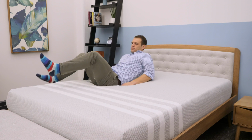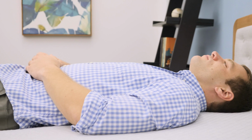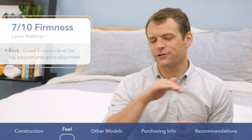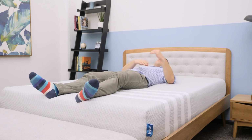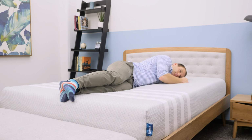Now for the Leesa, I give it a 7 out of 10 on the firmness scale, so that's just a hair to the firmer side. I think it does a really good job of keeping your hips from sinking too far into the mattress, aligning your spine while you're on your back. It's going to have good mobility thanks to that LSA 200 foam. You're able to change positions really easily without feeling stuck